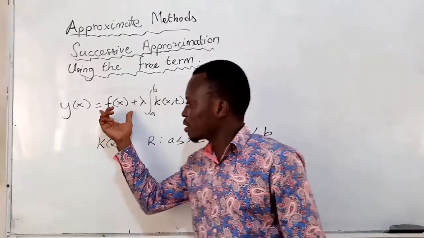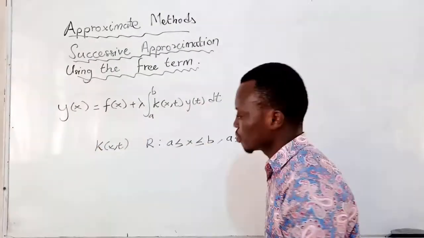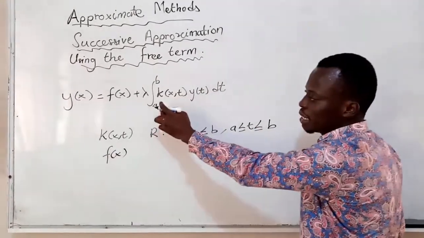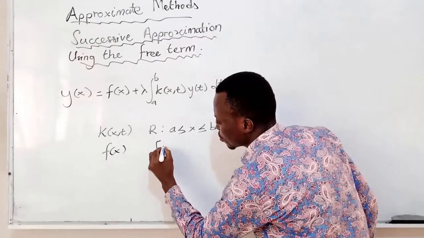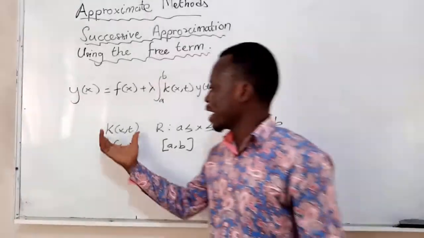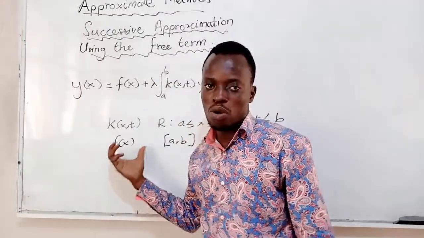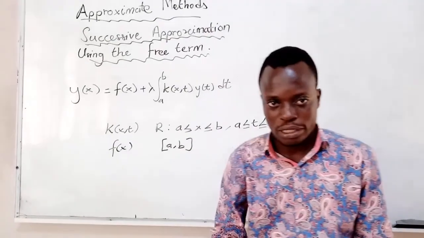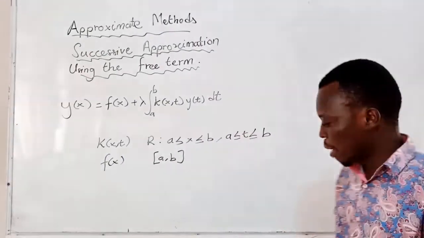And this free term f of s is also continuous in the fundamental interval [a, b]. So if the kernel and the free term are continuous, that means these two functions are bounded. If they are bounded, then